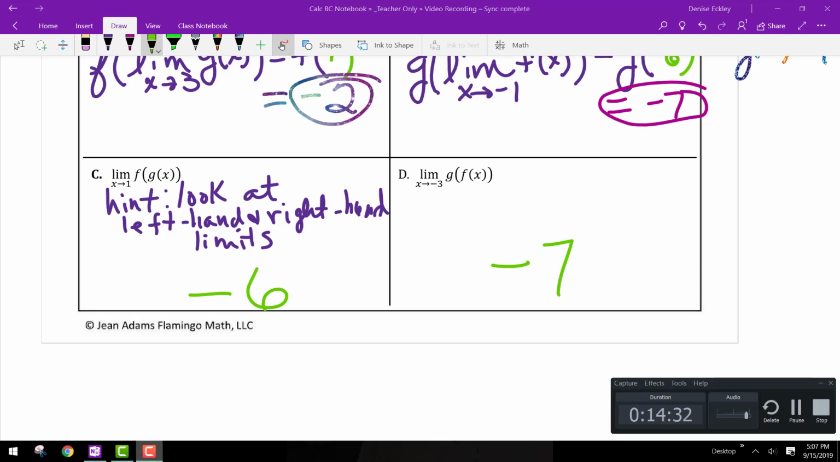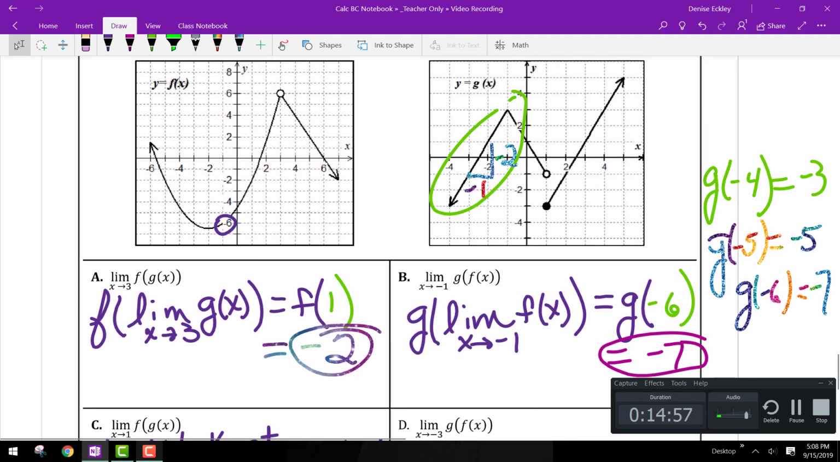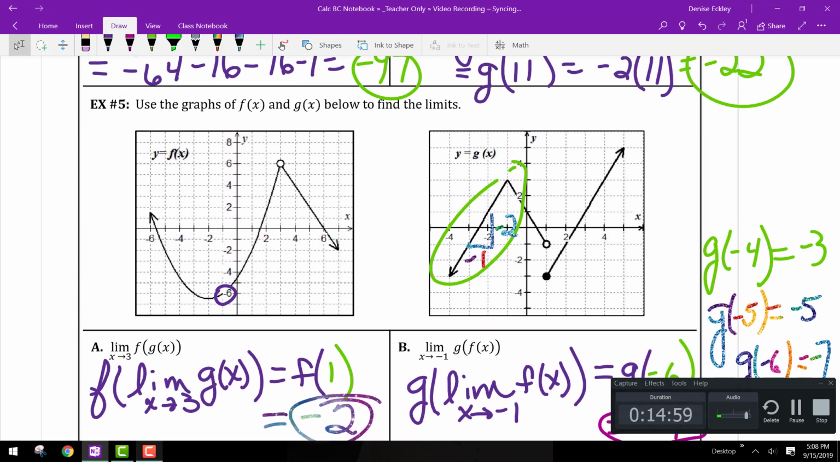Okay, so for the last two, I put a hint for the letter C. What you're going to notice when you look at the graph as x approaches 1, is that we have a discontinuity. So you want to think about what the left hand and the right hand limits are doing. And then we can go over that one in class. So looking at the graph, because we're going to take the limit of g as x approaches 1, what you can see is there's a break there. So you want to approach this as